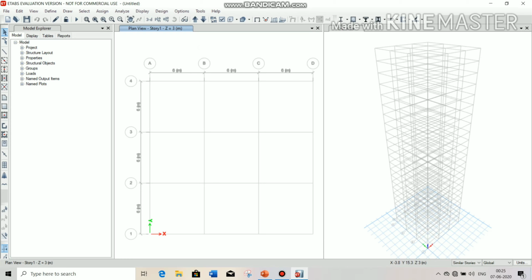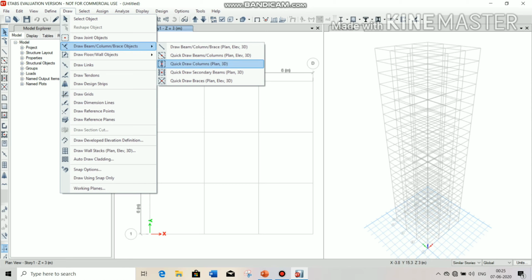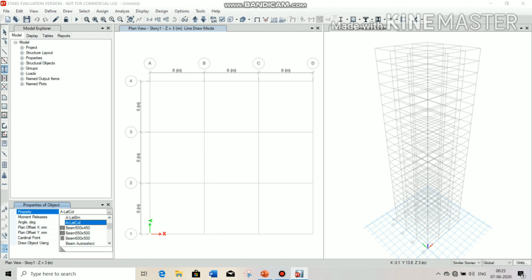Now select draw beam/column based object and from here choose quick draw column and change its property, which is in your left hand bottom corner, to the column auto select option.